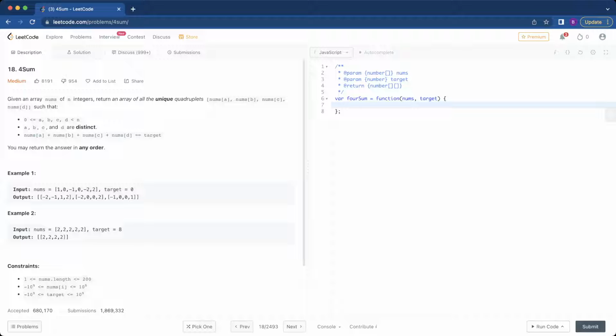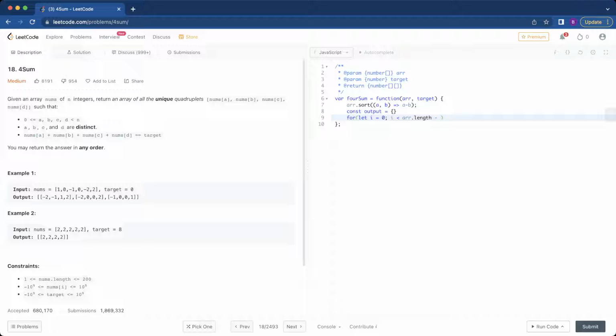So the first thing I want to do is to sort the array. Let me change this thing to array. To sort the array, this is like the normal thing we do. Now that we sort this array, we have our output, which is an object to avoid duplicates, and then we start running for loops: i equals 0, i less than array dot length